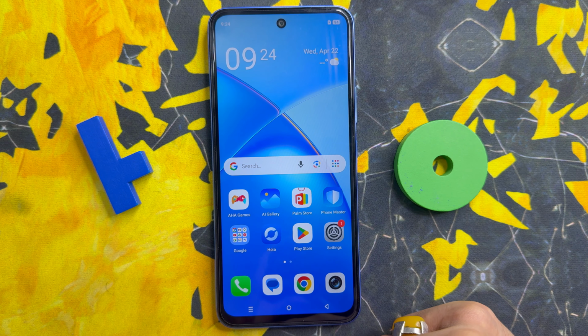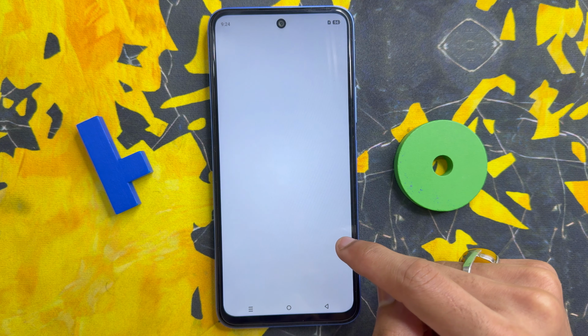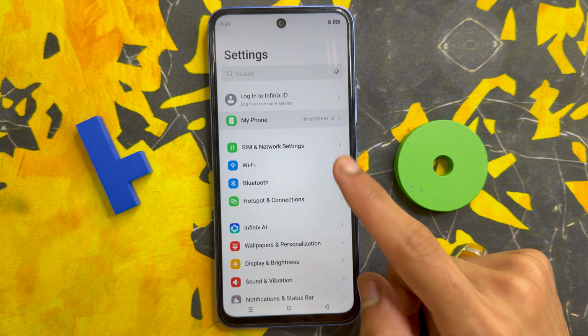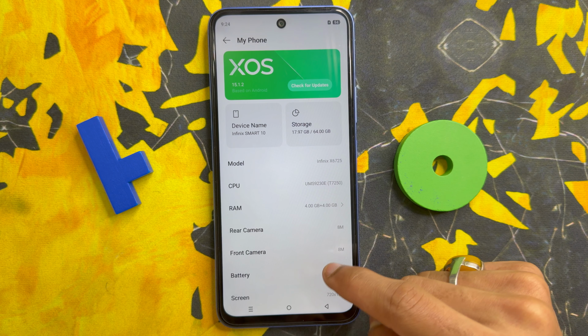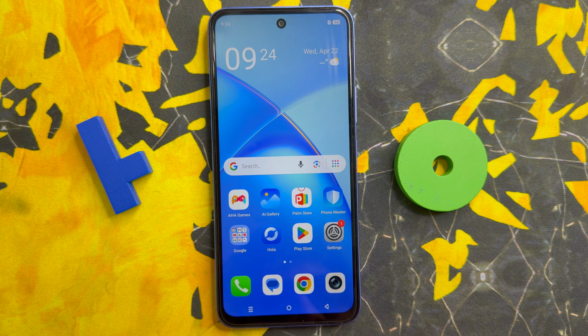But if it is still not solved, again click on the Settings app, then click on My phone. Check whether your software update is the latest. If it is not the latest, update your software to the latest version. After updating the software, go back to the home screen. So that's how you can fix video recording not working